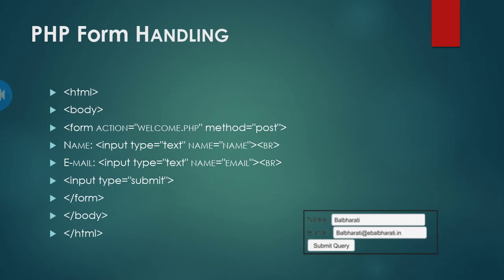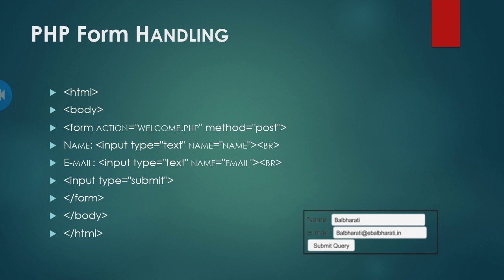Next thing is, what is the main use of using forms in PHP? Earlier in HTML we have studied that we can simply design the form, but in PHP the main use of the form is that when we click on submit, it will submit the information to the server. One real life example of a form is, for example, when you fill online forms on any site and click on the submit button, your data will be stored at that particular site, whatever address they have given in the submit button. So that's why we use forms in PHP.